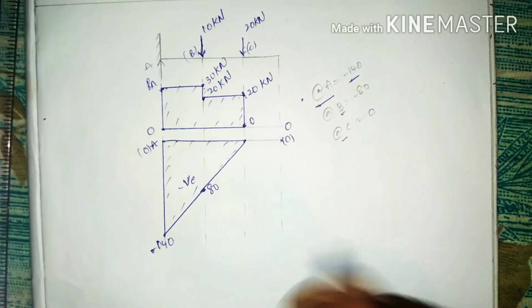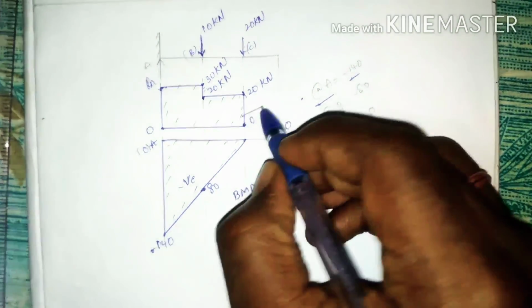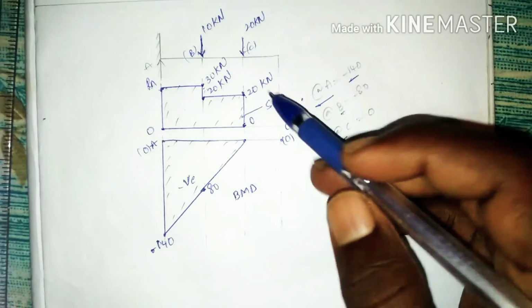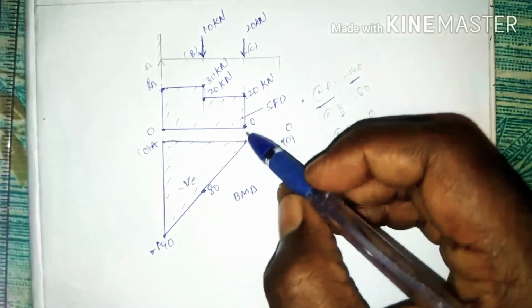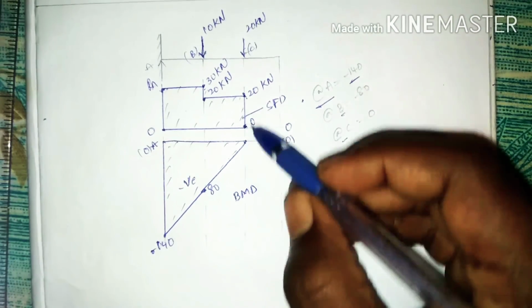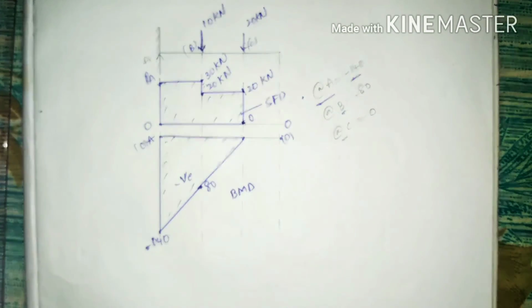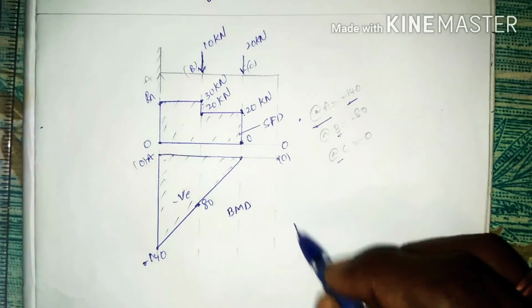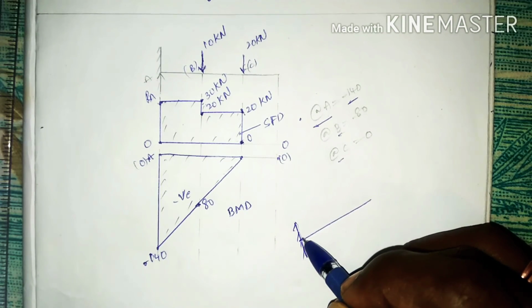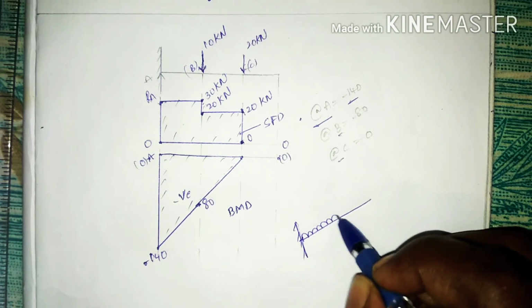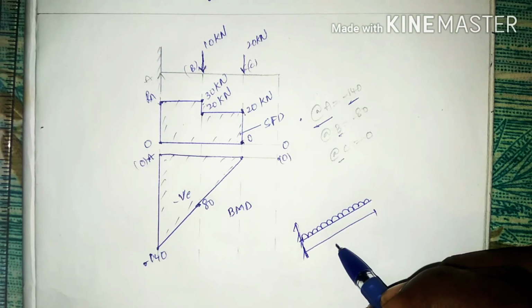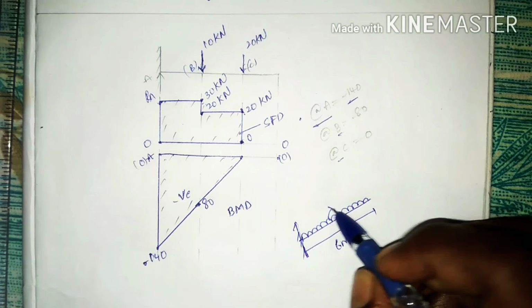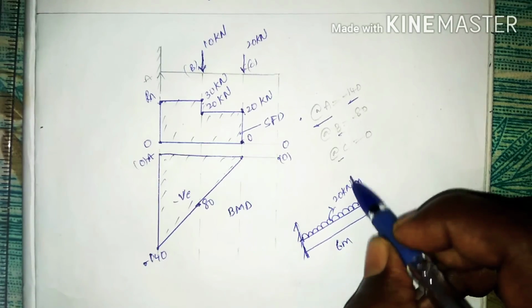This is my bending moment diagram, BMD, and this is my SFD for the given values of 10 and 20 kilonewton, and where the load is ending, there we find the zero value. Here it is also 0 and here it is also 0. And next, tomorrow we are going to see the problem of a cantilever beam loaded with a UDL over the entire span, let us assume 6 meters, with the value of 20 kilonewton per meter.